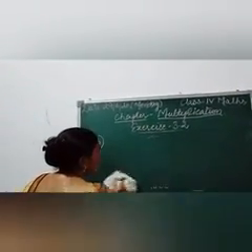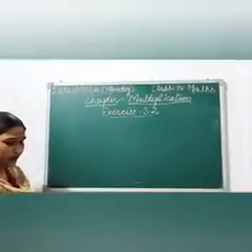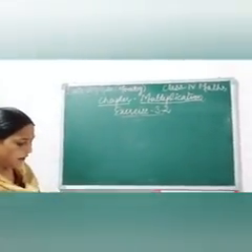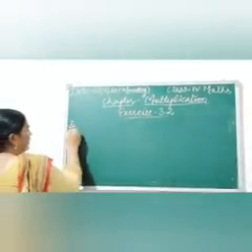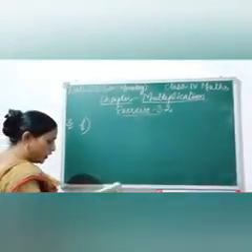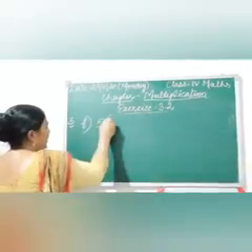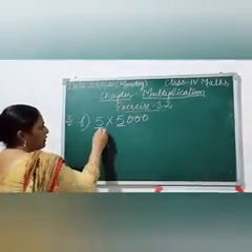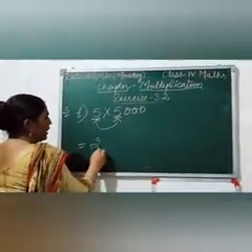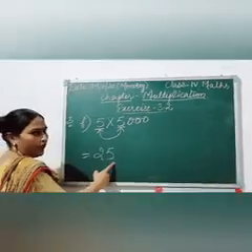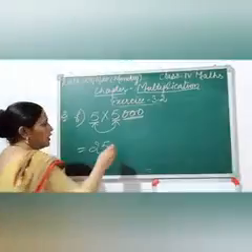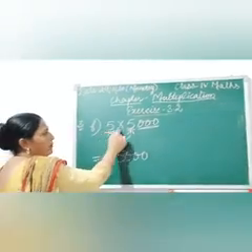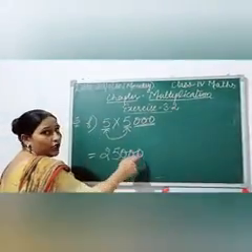Now let's move to our next sum. Yes friends, C part, there is also find the product. Yes, here I will tell you F part. Find the product. What is the statement of F part? 5 multiplied by 5000. Yes, here 5 multiplied by 5, these both will be multiplied. You will get 25. 5 5s are 25. And here how many zeros? 3 zeros. So here 3 zeros will be written with 25. So 5 multiplied by 5000 is equal to 25,000.